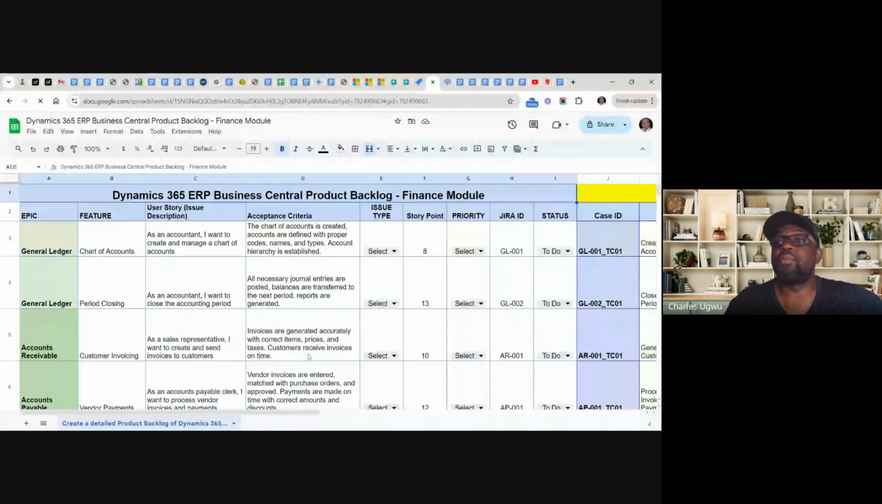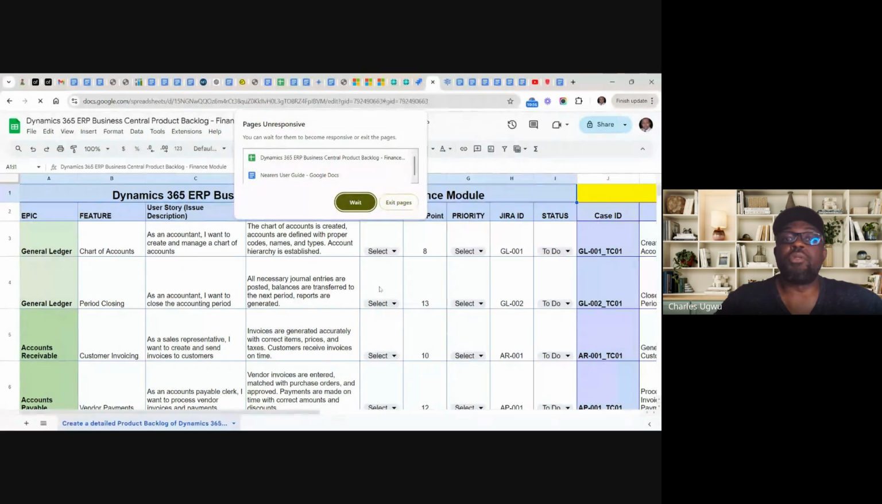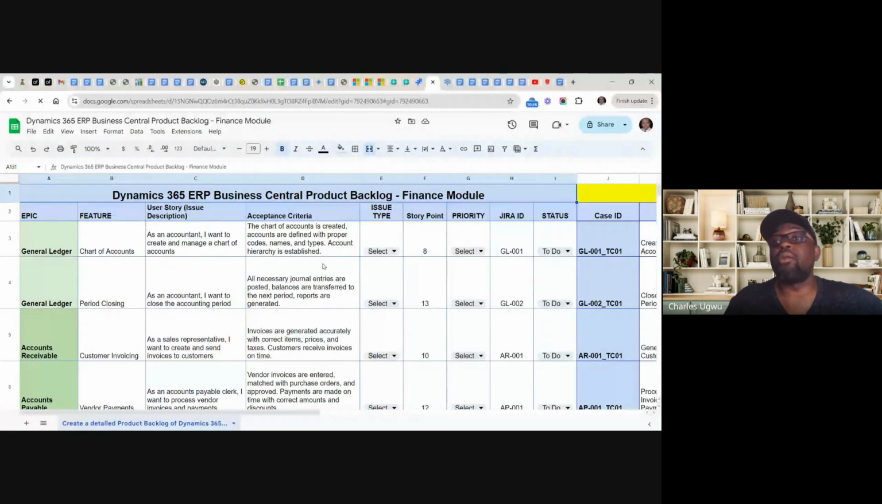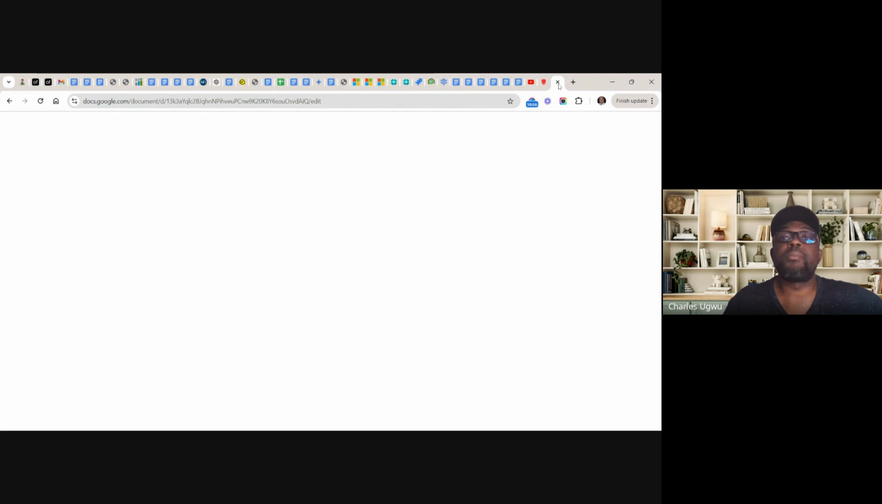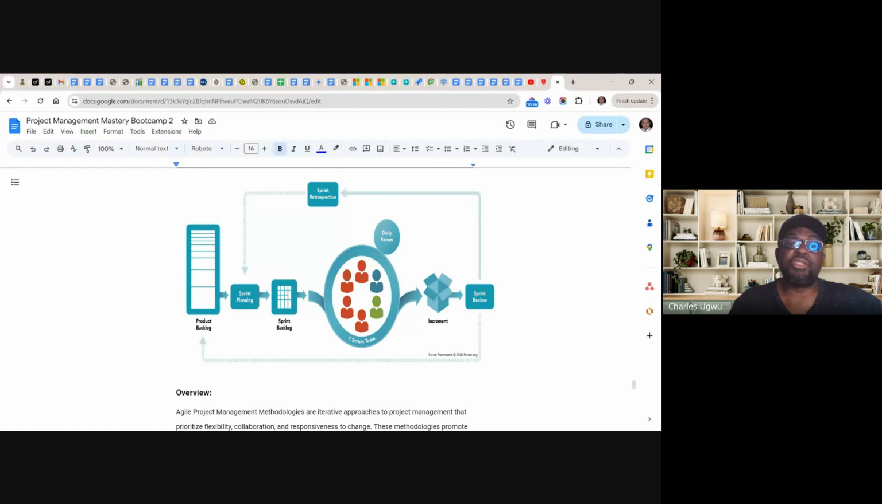Okay, it's a bit hanging, but this is a product backlog. This is how a product backlog looks like. We are going to have a copy of this. This is a template which I'm going to share with you guys when we get there. So let's get back to our document, our lesson notes. So this is how the product backlog looks like. So when we get there, so